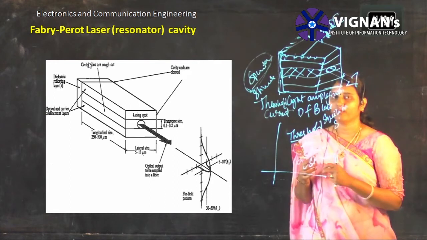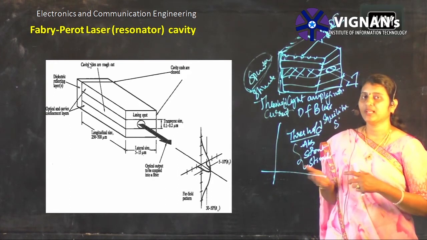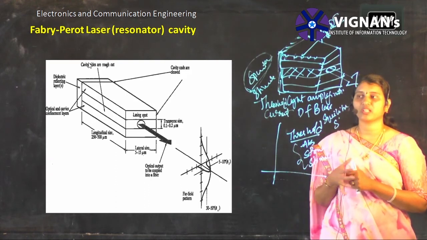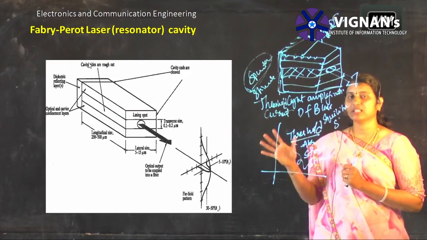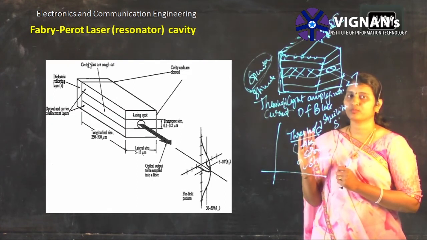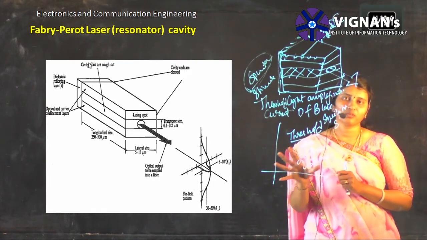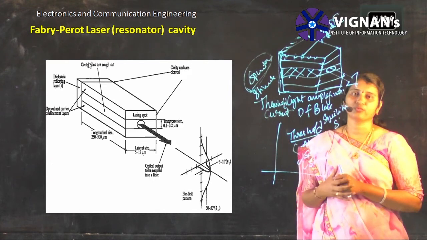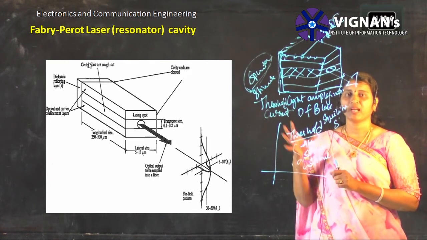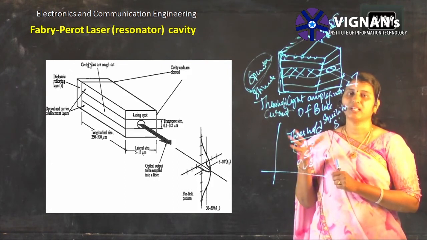Coming to it, we will see the differences between lasers and LEDs. Okay, LEDs are used for short distance communication, lasers are used for long distance communication. LEDs are basically spontaneous emission type of radiation, whereas in lasers the major light energy is contributed through stimulated emission. In LEDs the light is less coherent, whereas in lasers the light is more coherent.